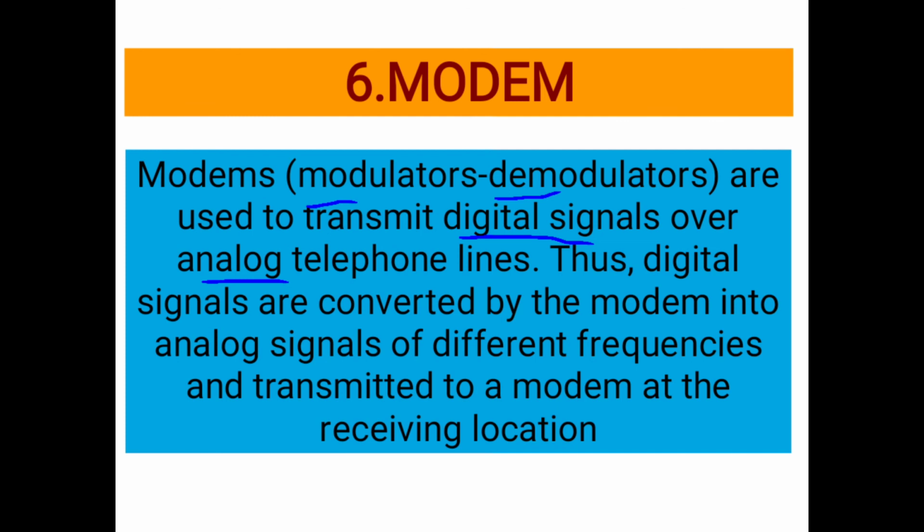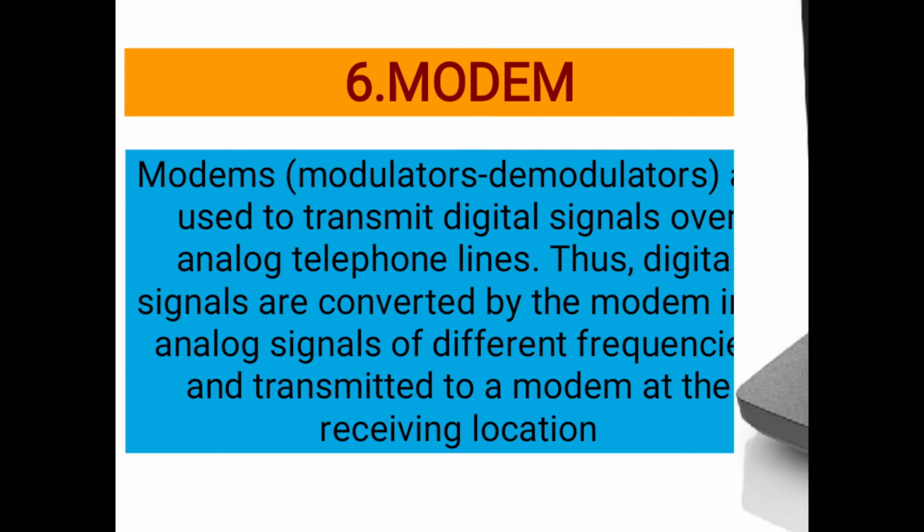The first part: the modem will convert your computer's digital signal into an analog signal, so that this Ethernet cable wire can take the signal and deliver it to the receiving end computer. Till the receiving end, the data will keep moving, and finally when it reaches the receiving end, it is still in the cable wire in analog form, but you have to feed it into the computer. For that, the reverse processing is done, which is called demodulation. From the cable wire, it has to be converted back into the computer's digital form, so that the computer can understand. That is all about the modem, modulation and demodulation.